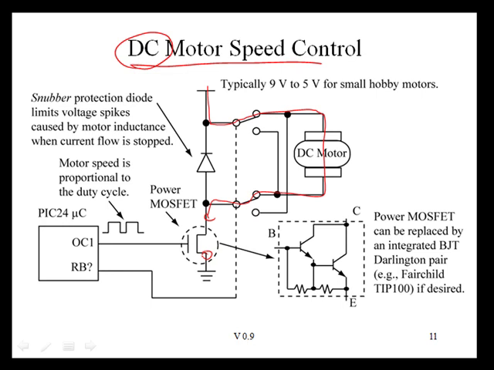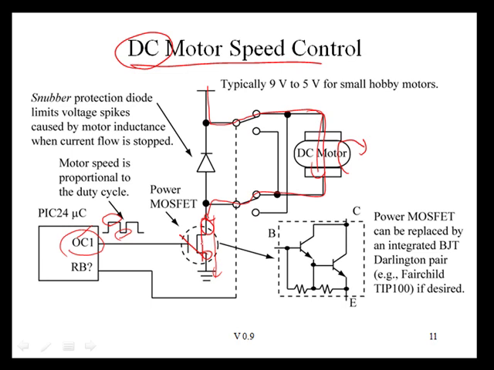We're just going to treat this as a switch, and this power MOSFET as a switch can either be open or closed. When it's closed, we'll have a path to ground. When we have a path to ground, it means that current will flow through this DC motor, and when current flows through the DC motor, it will spin. Now, what are we going to be using to open and control the switch? We're going to be using a PWM signal generated by the output compare module. So with this PWM signal, when the pulse width is high, the switch will be closed, and when it's low, the